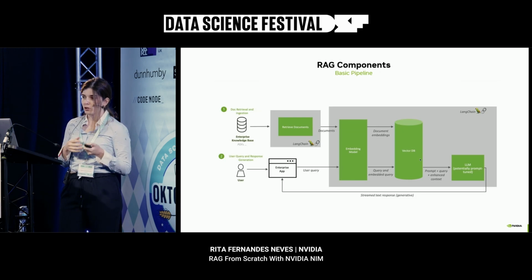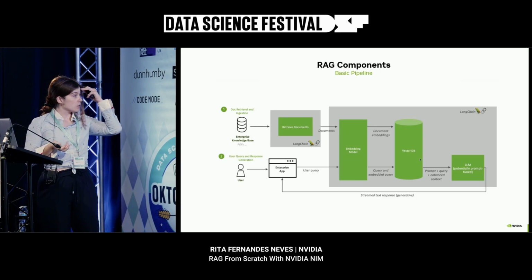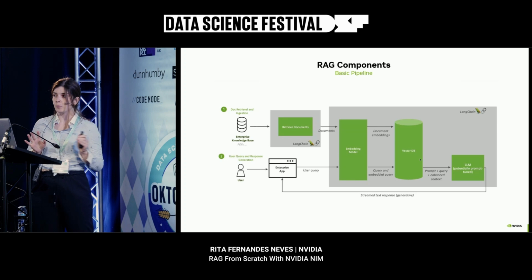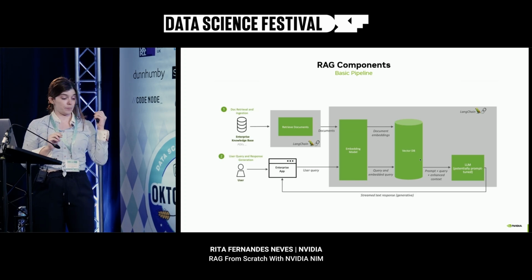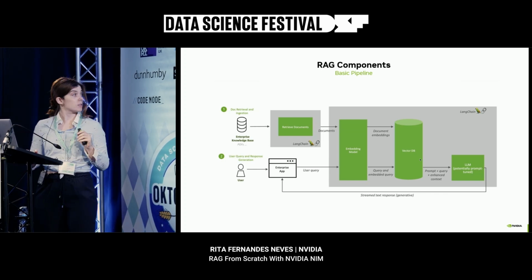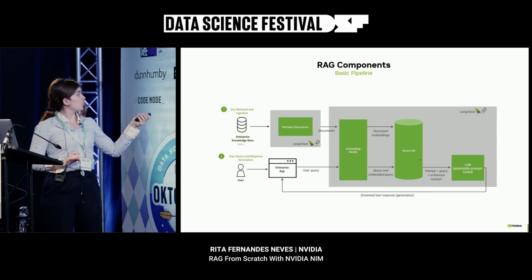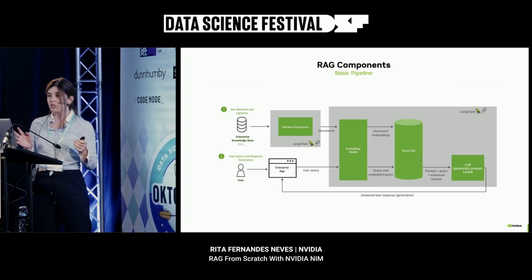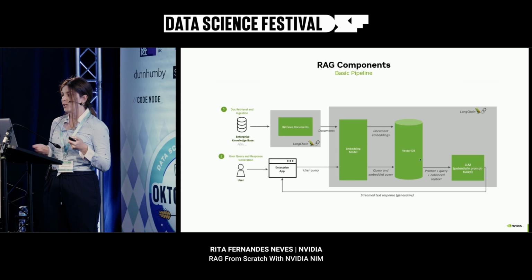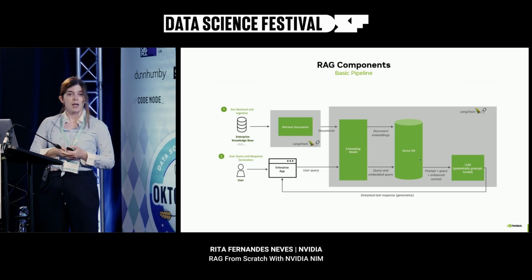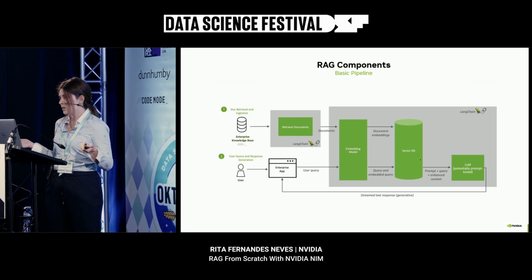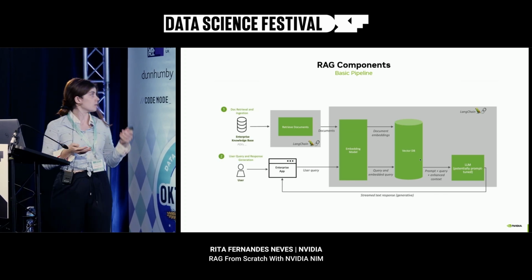So this is an example of how you can enrich your LLM with data. And how we actually do this is the interesting bit, I think. Here I have more or less a diagram of how a very simple RAG pipeline works, using LangChain. Essentially, we have a bunch of components here. The first component is the knowledge base, which is essentially all the data that you want to feed your LLM. It's generally composed of PDFs, but it could be videos, images. It really depends. If we take the example of enterprise data, then it's probably going to be all the documents in your company, the things that you share with your colleagues, things like that.